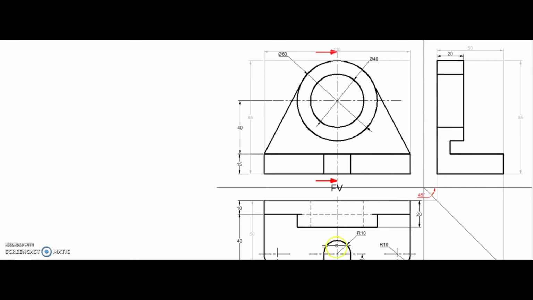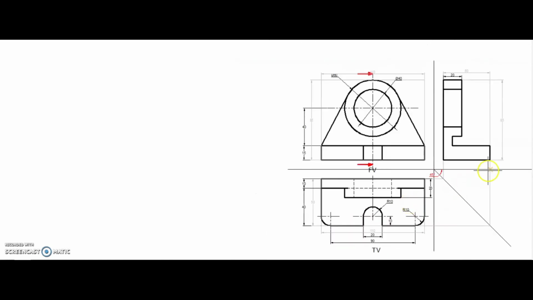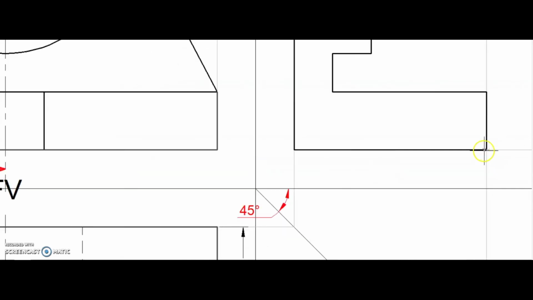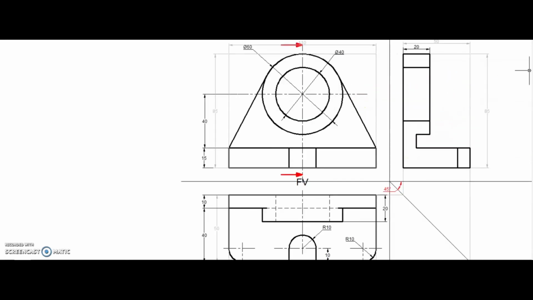Now we have to draw this portion in the side view. As this distance is 10 millimeter, this width is 10 millimeter. So from this point go 10 millimeter toward the right and draw this line. Now this is the area where we have to show the hatching line, and show the center line. For this, take this projection from this line, extend the center line up to here, so that we will get this.